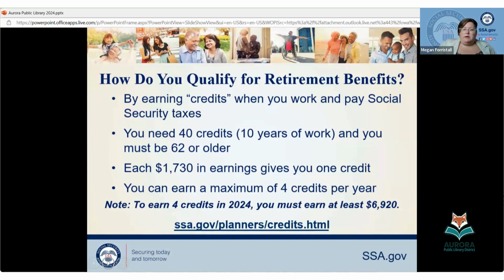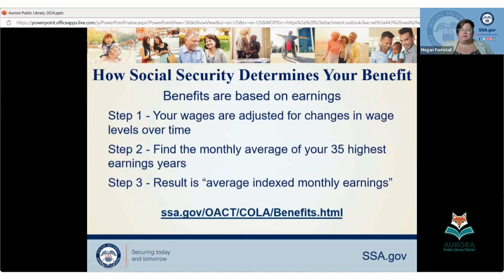So you can get 1 credit a year for 40 years, or you can get 4 credits a year in 10 years. I think when we used to send out those Social Security statements in the mail every year, when I was 26, I had my 40 credits already. So I could have technically stopped working then and been able to draw a benefit as early as age 62. But of course, when I was looking at that monthly estimate, I might have had enough credits for retirement, but my check wasn't going to be very much because I hadn't worked too many years yet in full time employment.